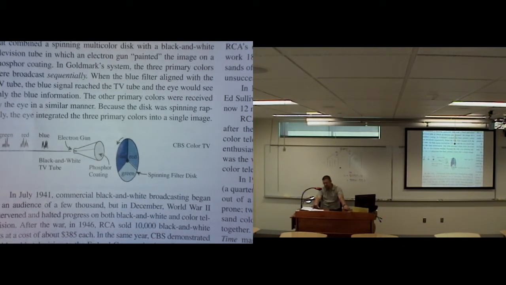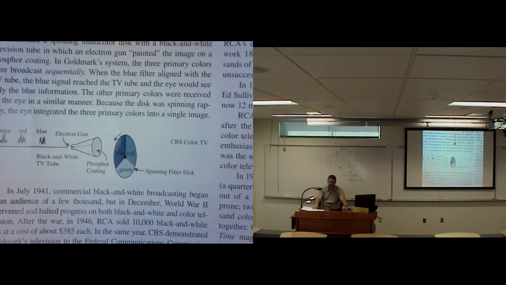The RCA won because they had no moving parts in their television, so they would last longer. And believe me, they last a long time. Many of those original RCA televisions are still available. You can still buy them from antique dealers, and they still work. But the other reason was because they were compatible and the CBS one was not compatible.